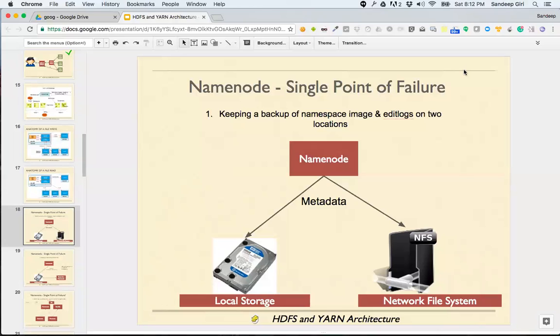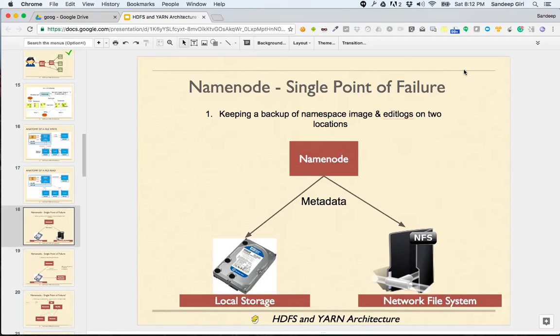If you have heard a little bit about accounting, an accountant, instead of properly updating all the records in the accounting software for every change, maintains something called a journal. A journal is nothing but a log entry that this particular event happened. That's all. And similarly, name node maintains something called edit logs.